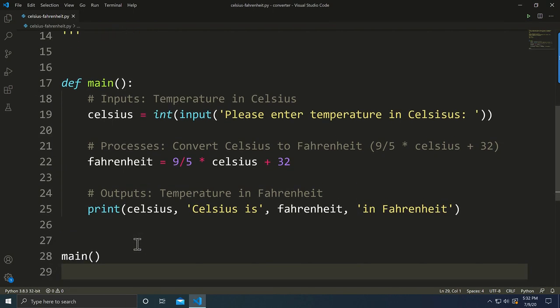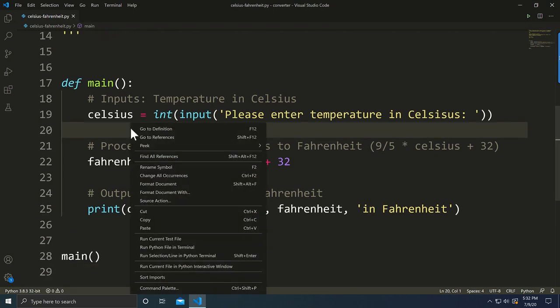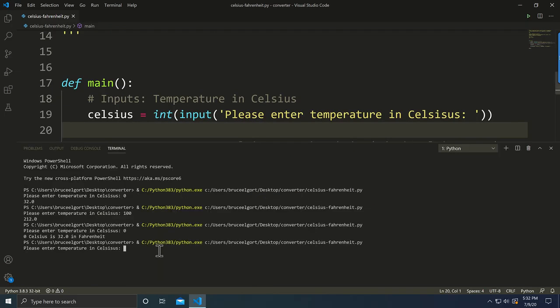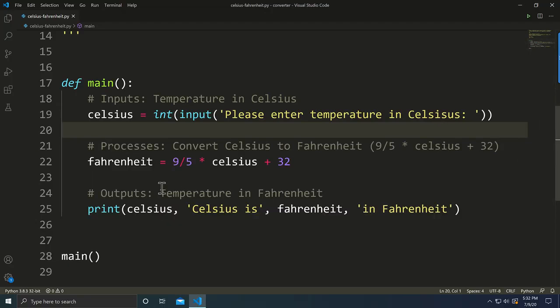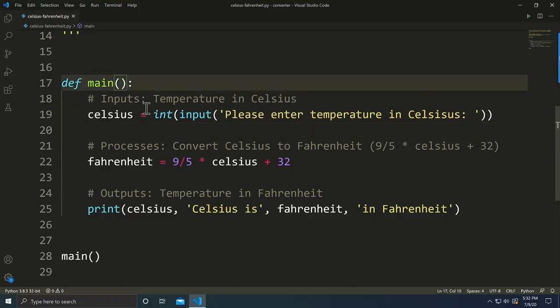I'll save it, and watch this. Ready? Run Python file in terminal. And again, I'll just enter 0, and there it is. So anytime in my program I want to call this temperature converter or run this program, I can call it main. So main is a poor name,